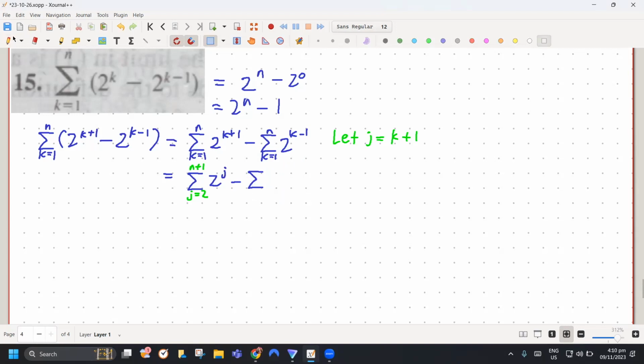So, second sum, ang re-index natin ay let j be equal to, bakit pa j? Hindi mo po pwedeng k ibang minus 1. Gusto sa dulo, pareho ng index label. So, let j be equal to k minus 1. So, ang j natin will run from